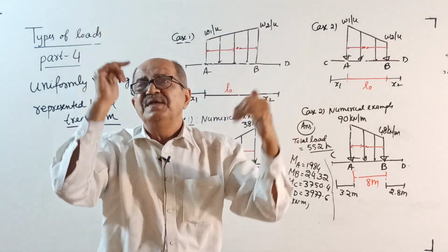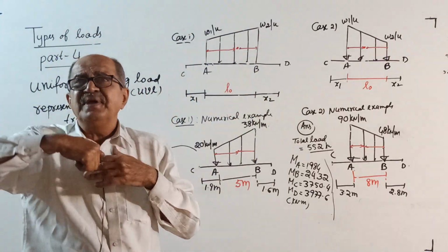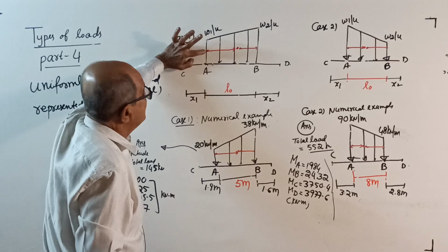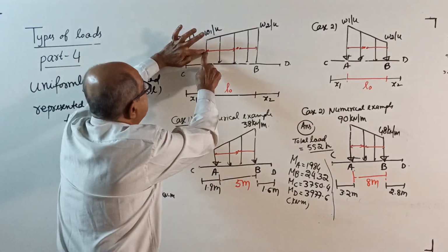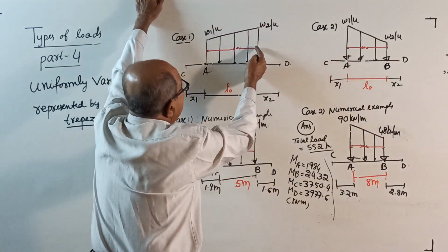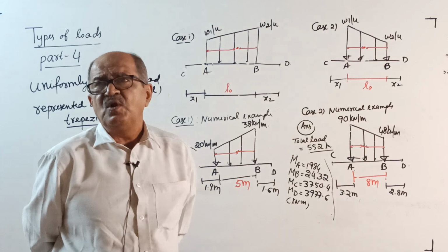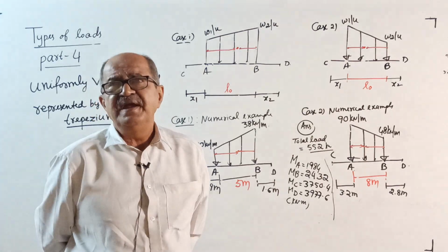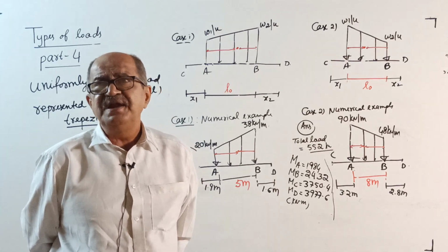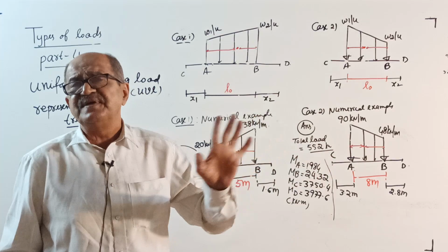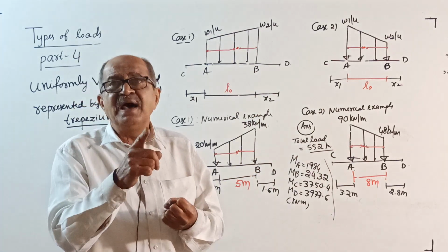You first decide whether you want from left side or right side. Suppose you want from left side, this distance, or if you want from right side, this distance, same everywhere. The expression for centroid is, once you decide from which parallel side you want centroid, the distance to centroid from that parallel side will be that parallel side